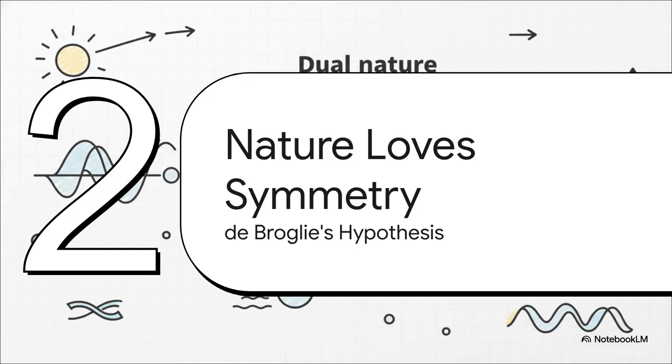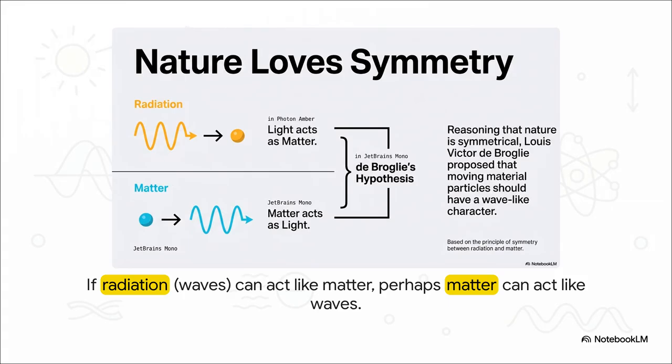So, just when the world was finally starting to wrap its head around this wild idea that a wave, light, could also be a particle, another young physicist came along and decided to push things even further. In 1924, a guy named Louis de Broglie had this really bold and honestly beautiful thought. He was really into the idea of symmetry in nature. And he thought, hang on, if radiation, which we all thought was a wave, can act like a particle, well, shouldn't it work the other way around? Shouldn't a particle of matter be able to act like a wave? It was a radical idea based on this profound sense of cosmic symmetry.